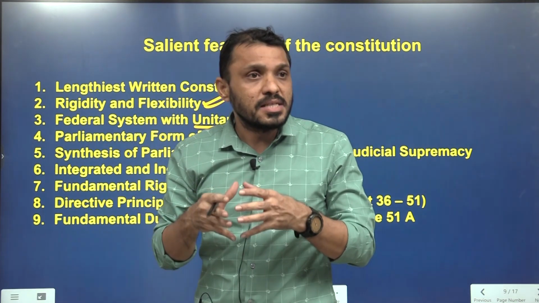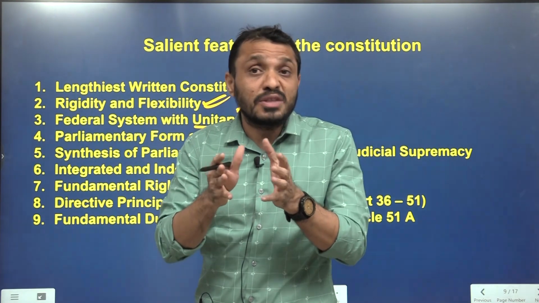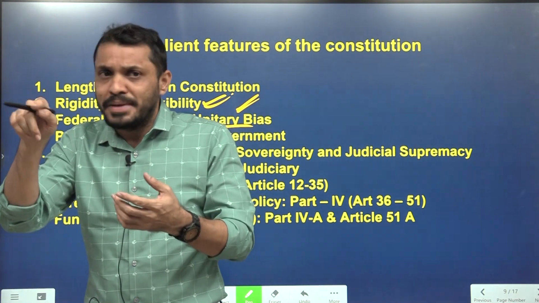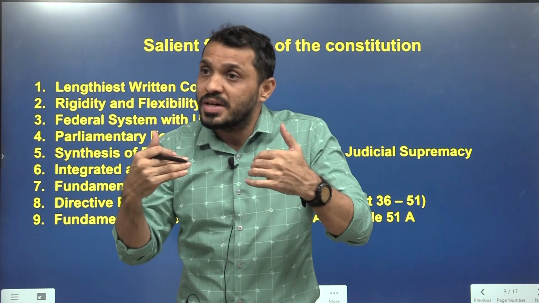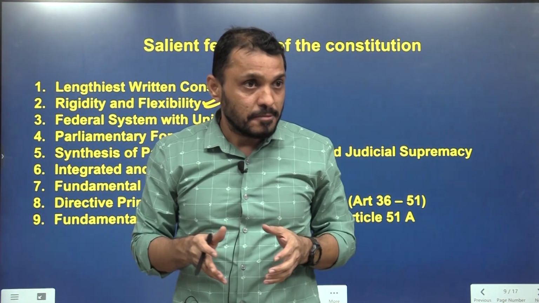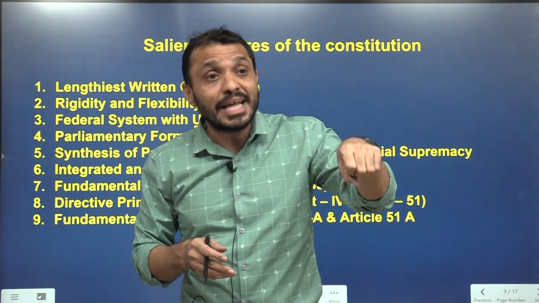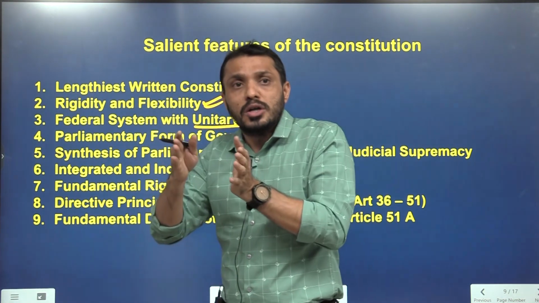What is the reason? When India was formed in 1947, India had 562 princely states. If the word federalism had been explicitly mentioned, those princely states would have assumed more powers and would have demanded separation from the country. To avoid that, we inherently gave federalism but not explicitly. But overall India leans more towards a union.